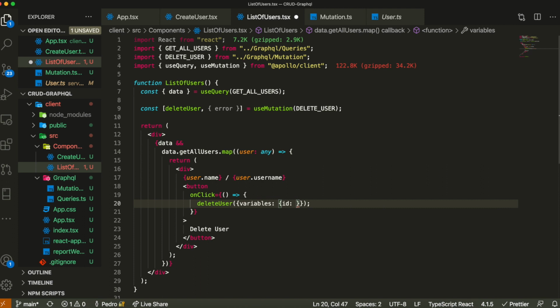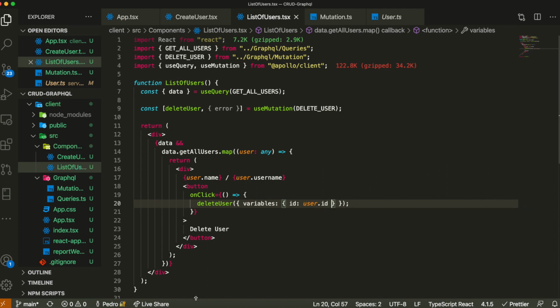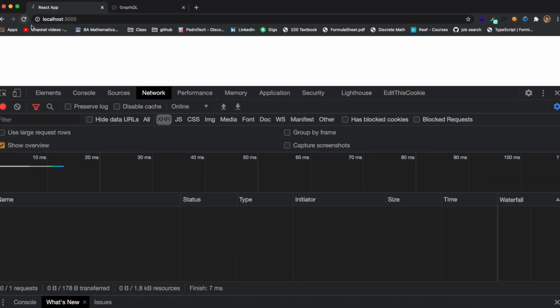Like we're going to pass the ID. We can just say ID is equal to user.id. And I hope this works. This is saying basically we want to call the delete user mutation and delete it based on the ID like this. So if you come over here and we refresh our page, I was just debugging and I want to